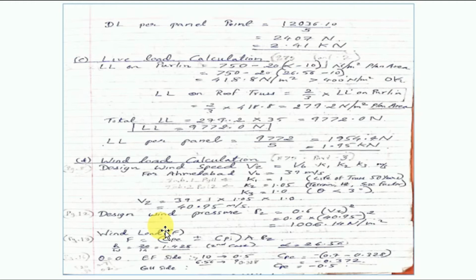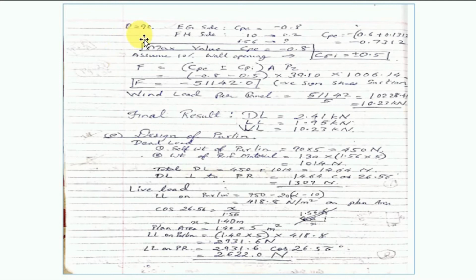Thereafter, using page number 16 of IS 875 part 3, CPE as minus 0.5 for theta 0 degree. Here EF side and GH side we are getting, and by cross multiplying we are getting the CPE for each